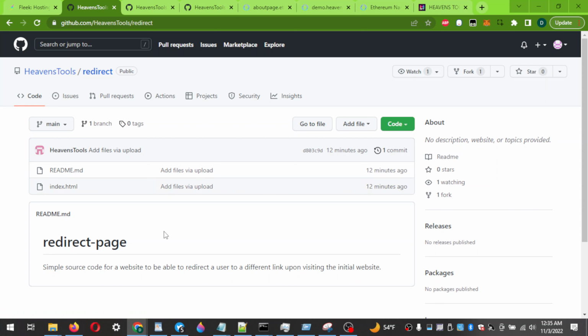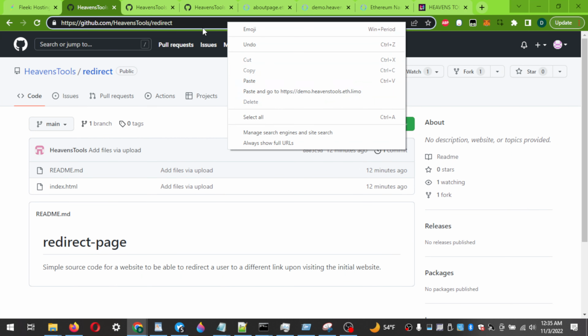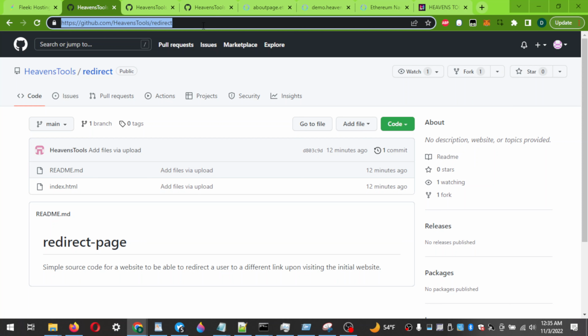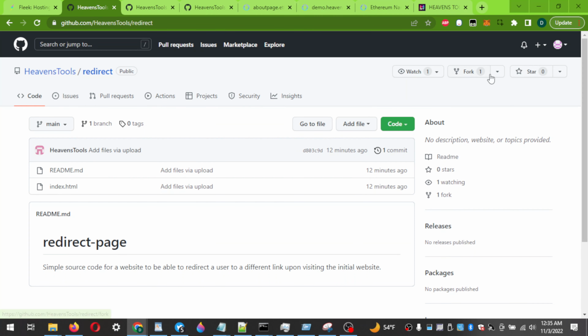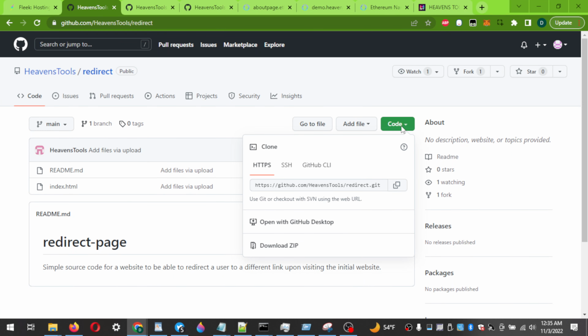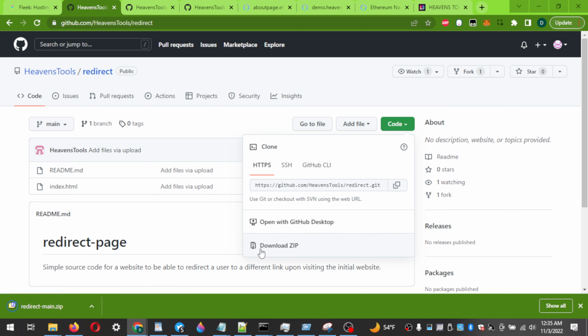So we're going to take this up a notch. I'm going to show you how to do it endlessly now. So you seen what we did a minute ago. We took this account, this page, you're going to have a link here to demo.HeavensTools.eth. This demo page will take you straight to this GitHub account for you to fork the code. You can fork it, change it, do it one off, but if you want to do this endlessly, let me show you that. You come here to code, you click on download zip, it downloads it,